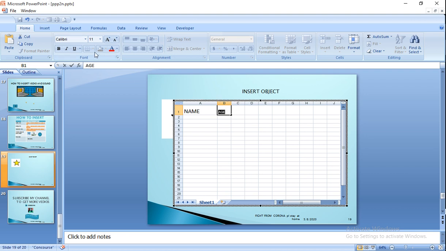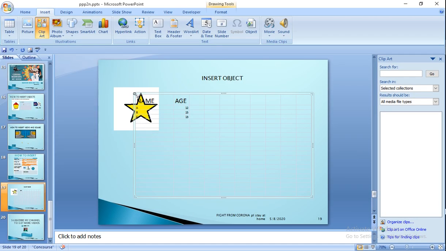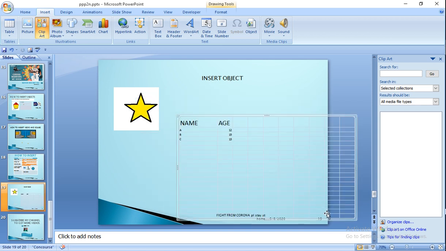It has not taken the size, so make it, then write here A, B, C, D, and here come and type 12, 15, 13. Okay, this way you can insert a sheet, press here, you will get the sheet in your PowerPoint.